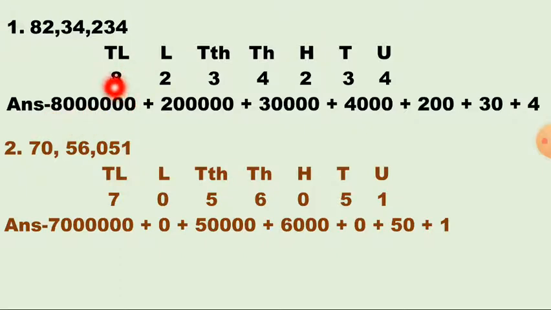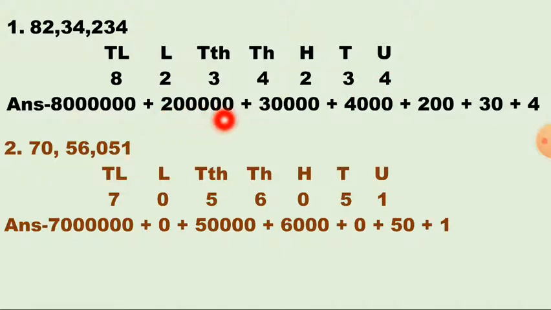So we will write 8. Now after writing 8, students, how many place values are left? Just count 1, 2, 3, 4, 5 and 6. So along with 8 there come zeros, as 6 values are left. Sorry, 6 zeros will come. So it will become 80 lakh. Plus 2 is at lakh place, so we will write 2 as it is. After writing 2, how many place values are left? 1, 2, 3, 4 and 5. So here 5 zeros will come.